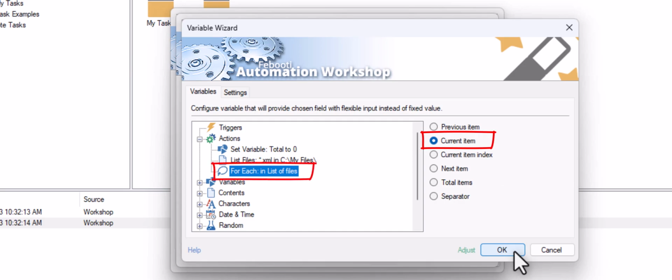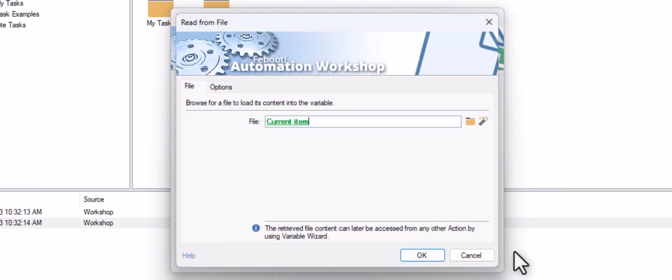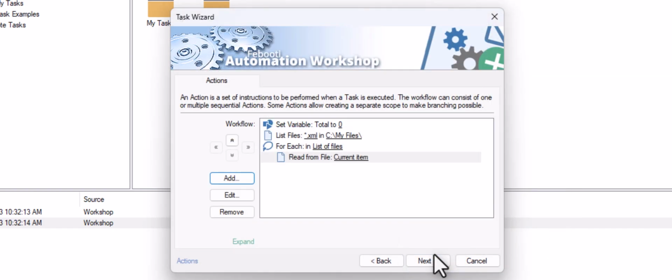In our context, the current item corresponds to an individual XML file from the list. So far we are creating a list of our XML files. Then we are looping through that list. Then we are reading each file. Also notice that the read from file action is displayed with an indentation to the right, indicating that it falls under the loop's scope and will be executed once for each file.